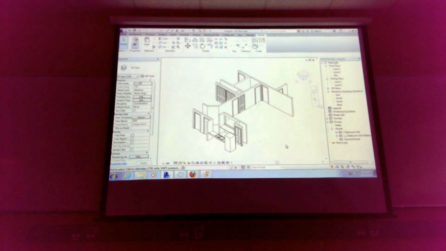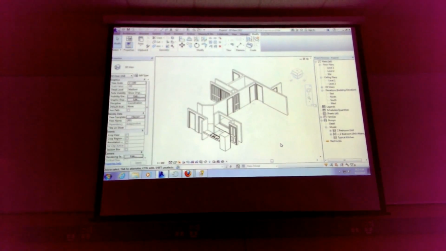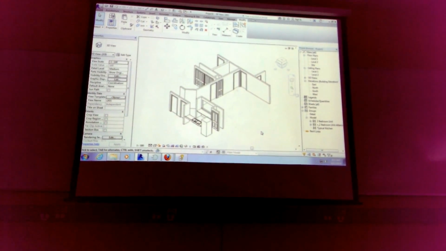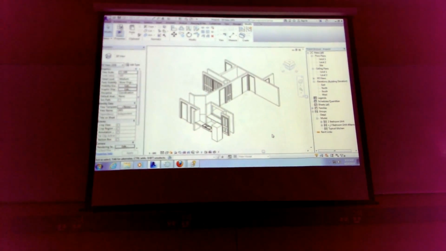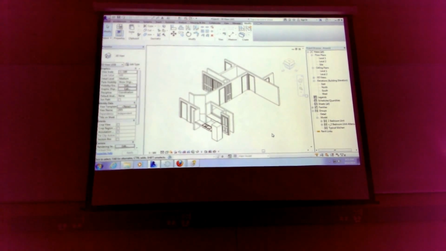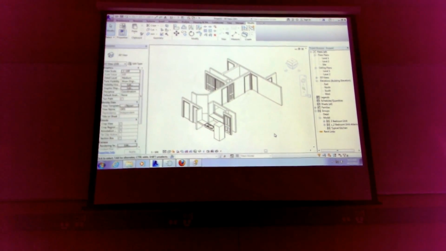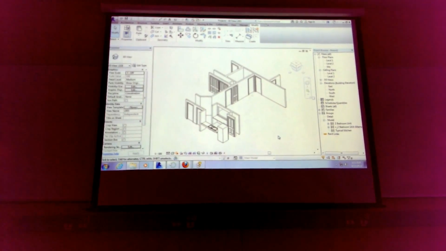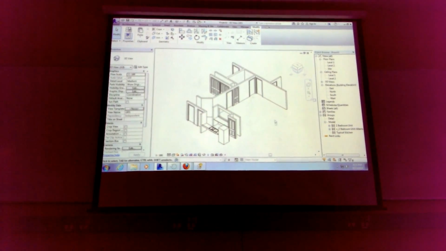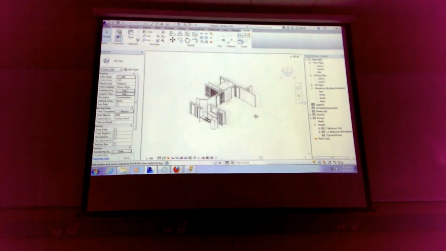So there's a manage links dialog box under insert. Links can be loaded but not used. But of course, that just takes up memory for no reason. Still, links can be loaded and not used. Maybe you want to not use it for a while and bring it back again. You might leave it in here. All right, so that's it. So that explains